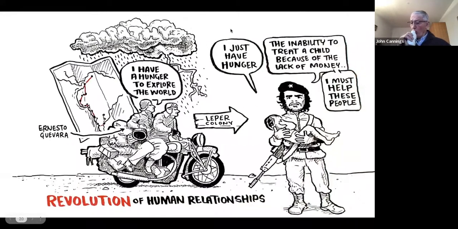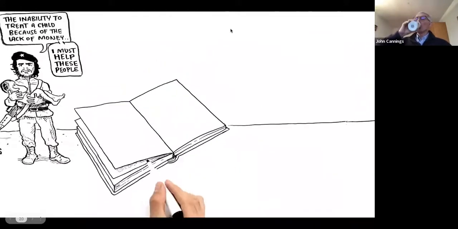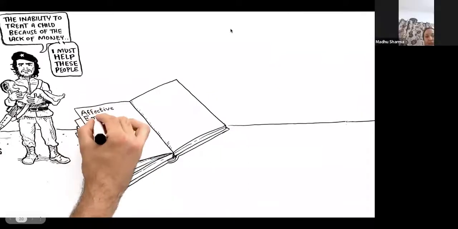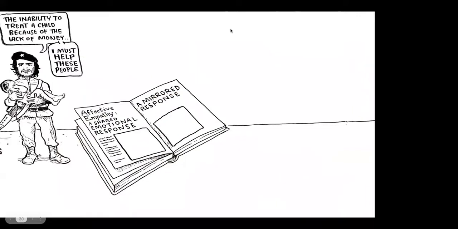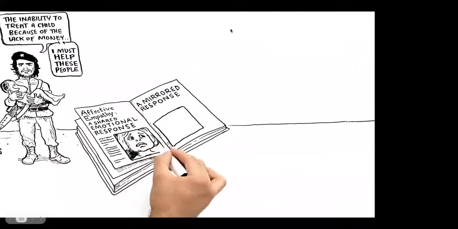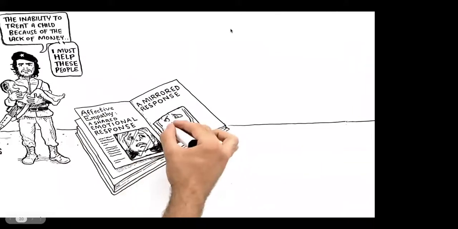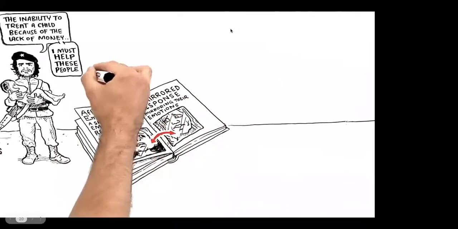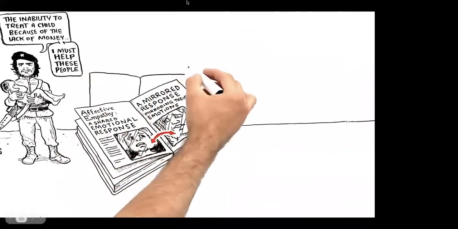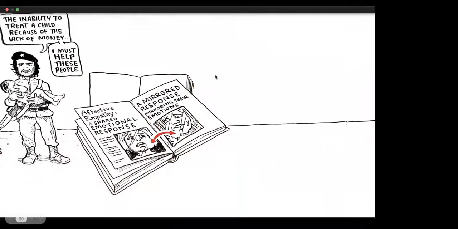Now, if you open a standard psychology textbook, you'll see two definitions of empathy. One of them is this: affective empathy. Empathy as a shared emotional response, a sort of mirrored response. So if you look at the face of this child in anguish and you too feel anguish, that's affective empathy. You're mirroring their emotions. The second kind you'll find when you open your psychology textbook is this: cognitive empathy, which